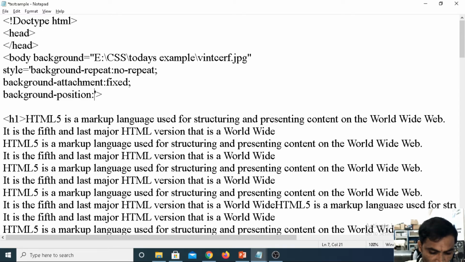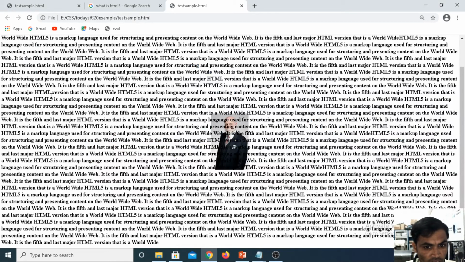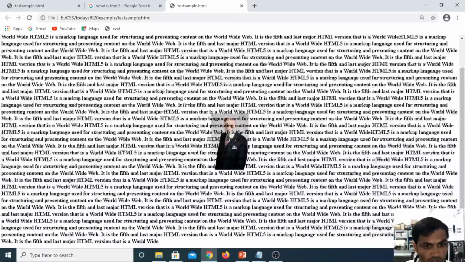Background position we are having center. If you want to display the image at the center, we use background position center. The image we can get at the center. If you are moving the text content up and down, the image will remain in the center.